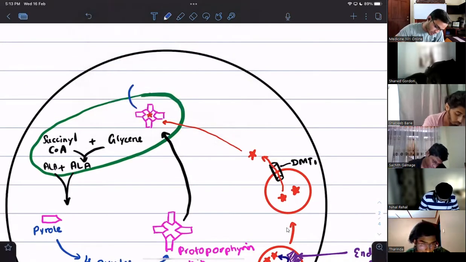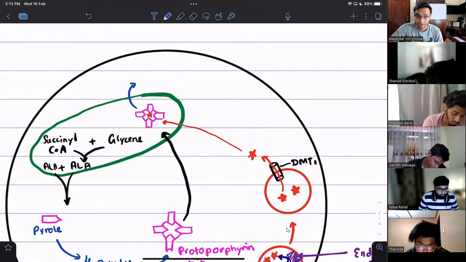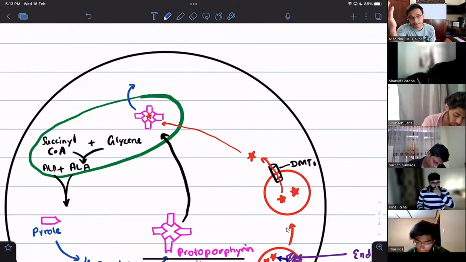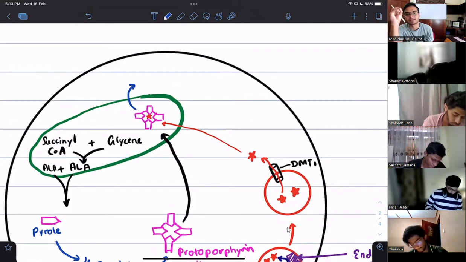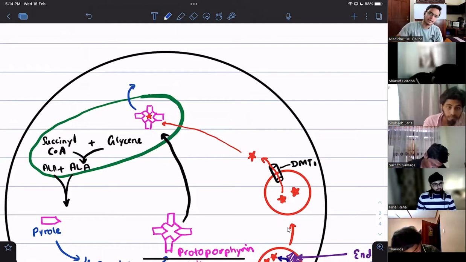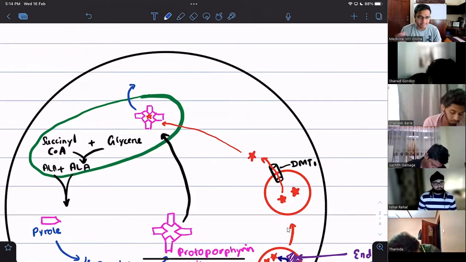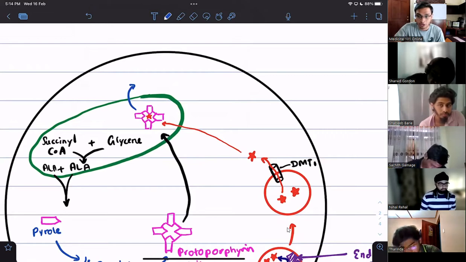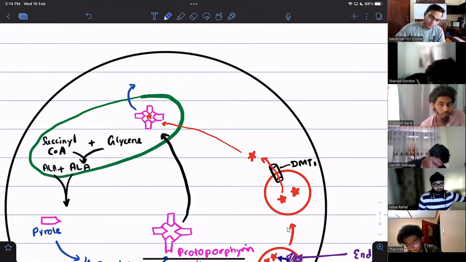This comes out of the mitochondrion, and from our erythroblast nucleus, it codes for these proteins called globins. There are different types: alpha globin, beta globin, delta, theta. There are a lot of different types of globins. Specifically, we'll talk about those tomorrow in thalassemia, where we talk about all the different types of globin chains.